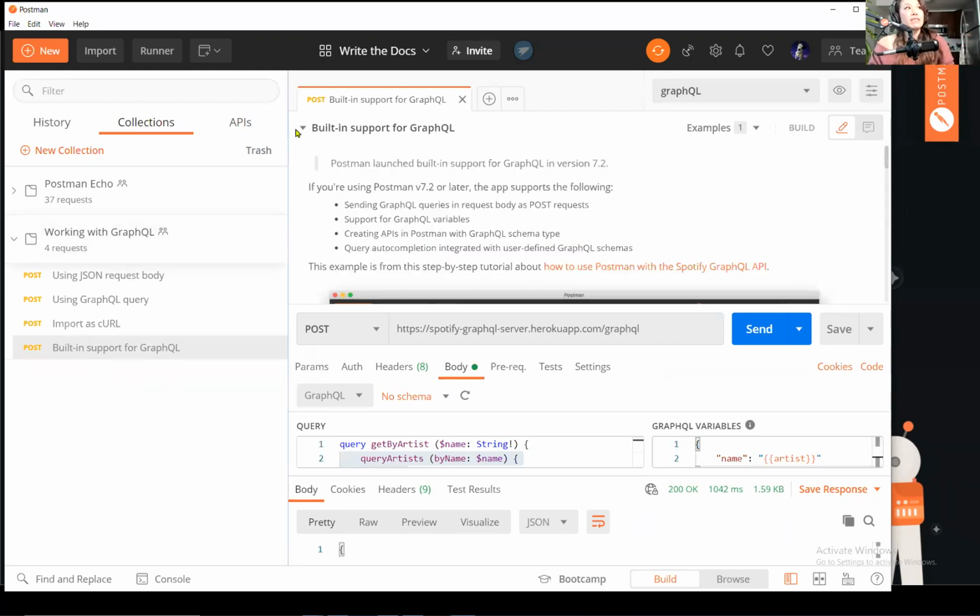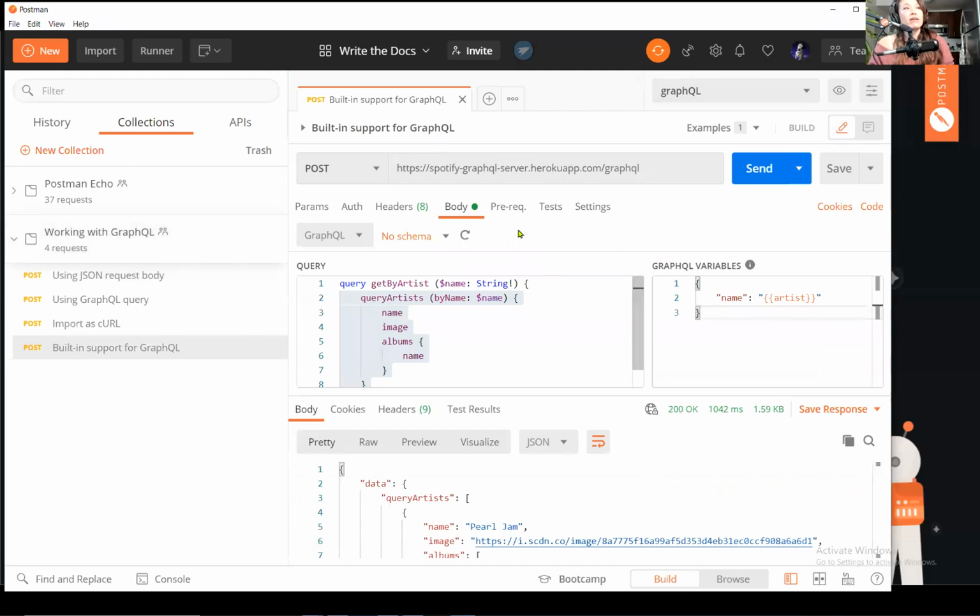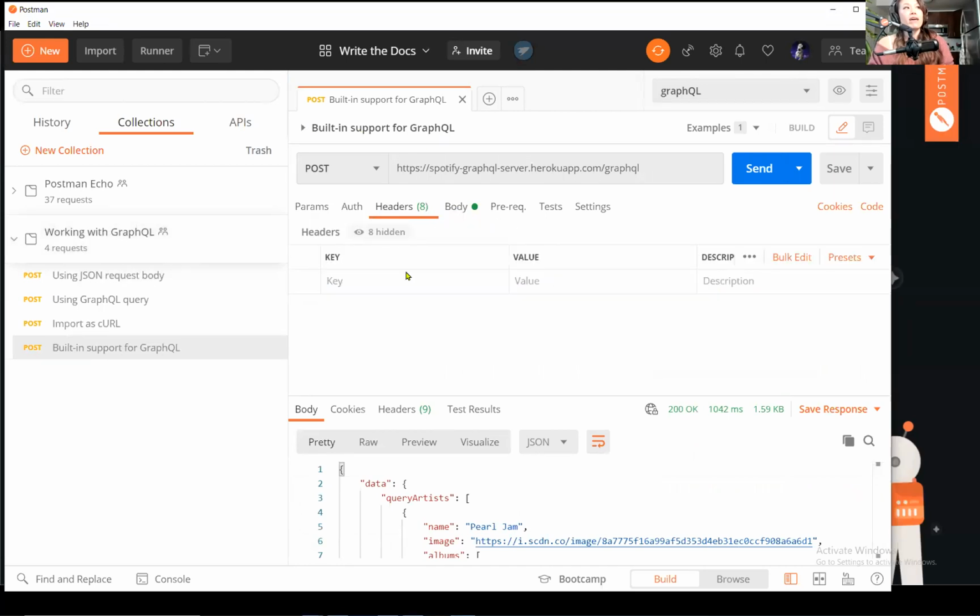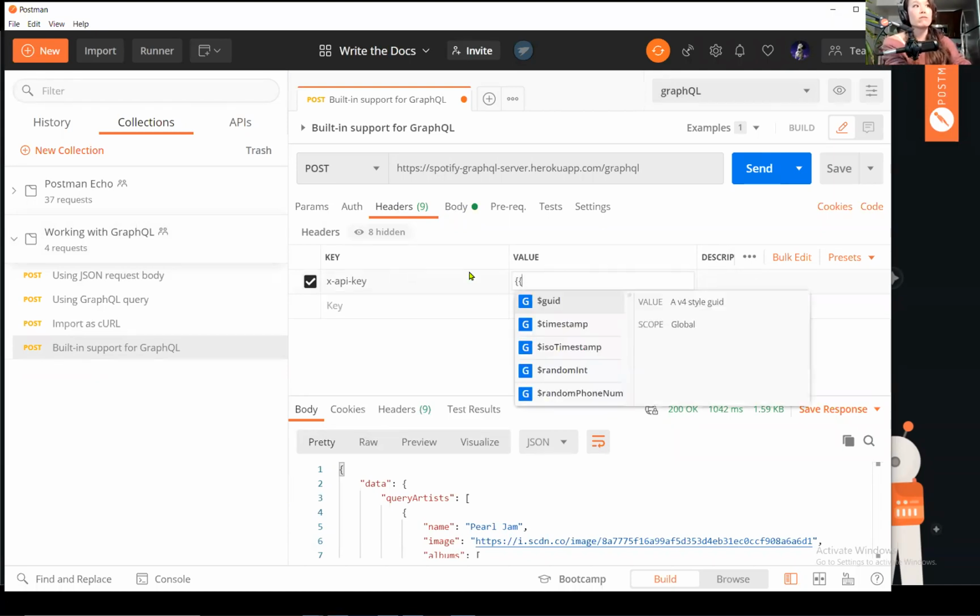So this is metadata that I've added here. If I have a body, if I have a header, say I need to add X API key or something like that, I can go ahead and add placeholder values. So I'm just pseudocoding here. Hopefully you're not using X API headers, because that's, I think, frowned upon. And I can go ahead and add,